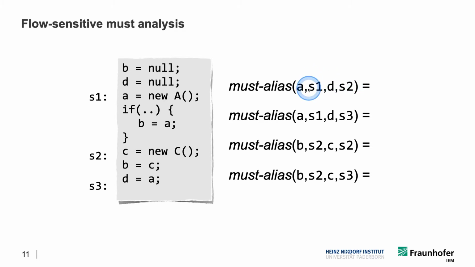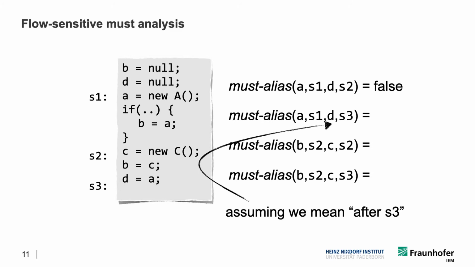So this query means, does the value of A just after statement S1 here actually alias with the value of variable d after statement S2? And that's a valid question, right? That's one that we can ask. And if you take a look at that, then you will see that actually for this particular query, it's definitely false. If we look at this for statement just after statement S3 here,